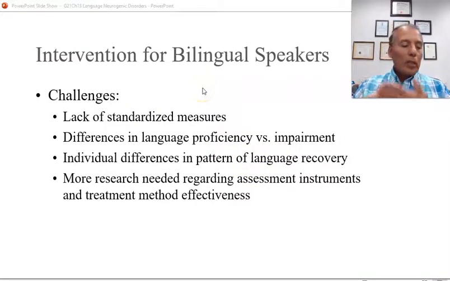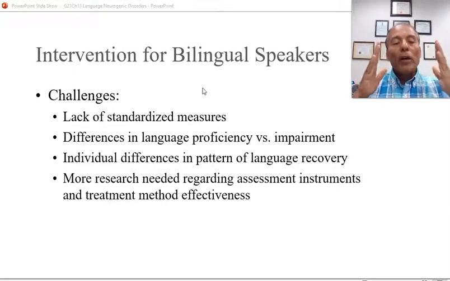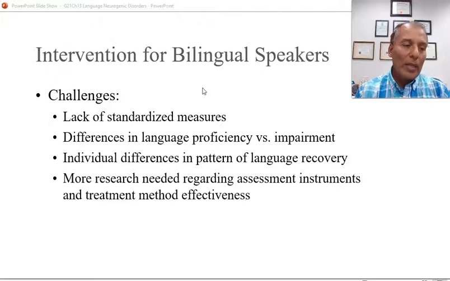In terms of intervention, there are many tests, many diagnostic instruments, and so on, and especially the assessments to test cognitive functions. These, however, you cannot administer to every patient, and there are a lot of patients who do not speak, for example, English, or who are bilingual, for example, and they might not be as fluent in English as they are in their native language. And in the meantime, you don't have enough testing instruments to assess the performance of these bilingual speakers.